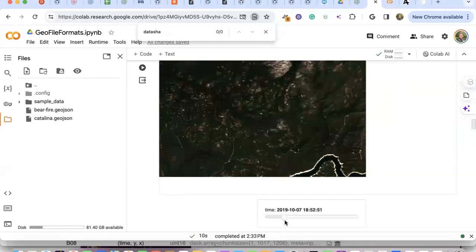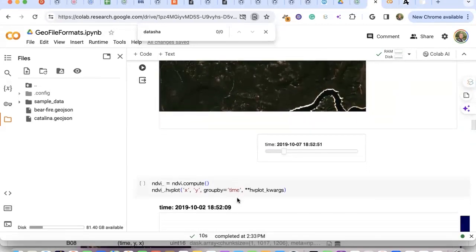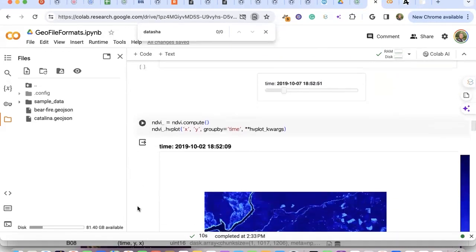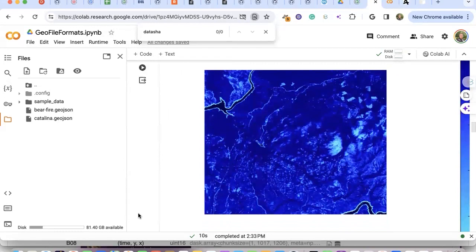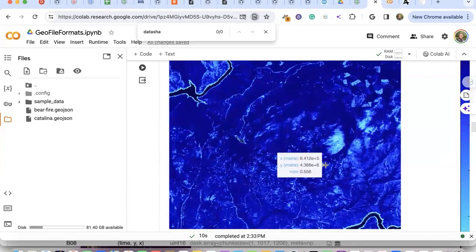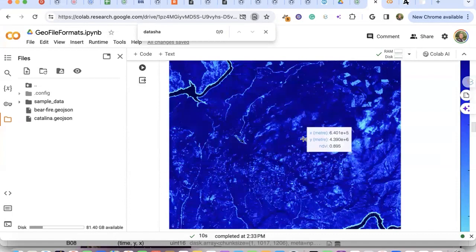Since my session has expired, probably it's not working. I don't know. Okay, so if you're live, then you can see that. Then I'm going to compute the normalized vegetation index, and I have this one. Okay, and you have the color table on the right. And this is interactive, so you can find out what's the vegetation index, and probably the burned areas have